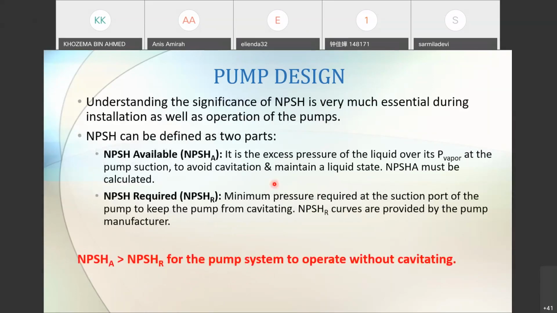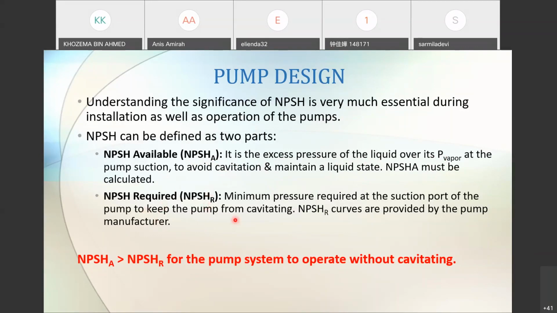So NPSH can be defined into two types. NPSH available, known as NPSH-A, is the excess pressure of the liquid over its vapor pressure at the pump suction to avoid cavitation and maintain a liquid. So NPSH-A must be calculated. And then you have